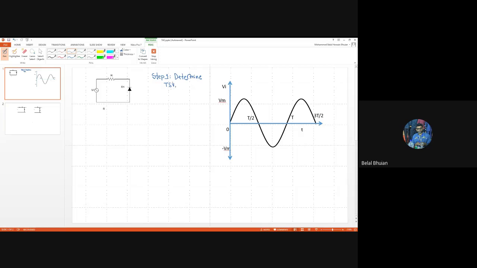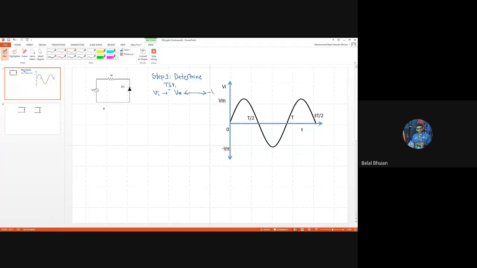So the transition state voltage means the value of Vi, the value of Vi which is fluctuating between Vm